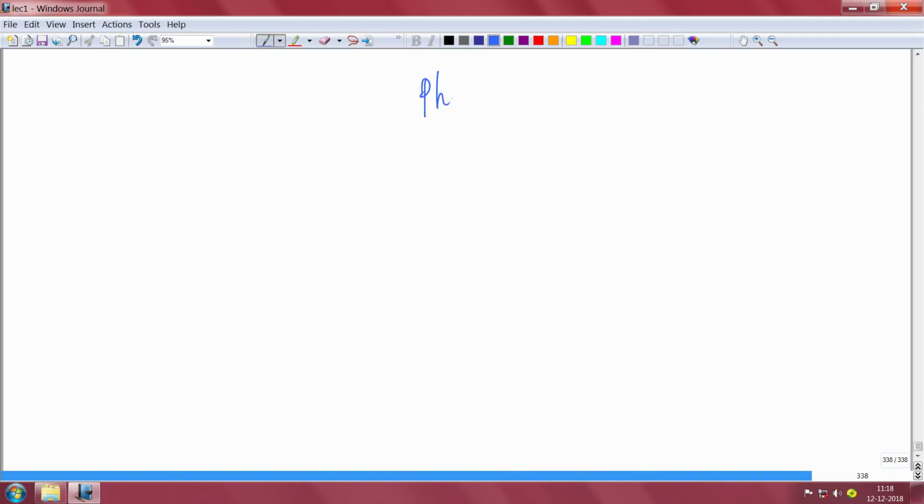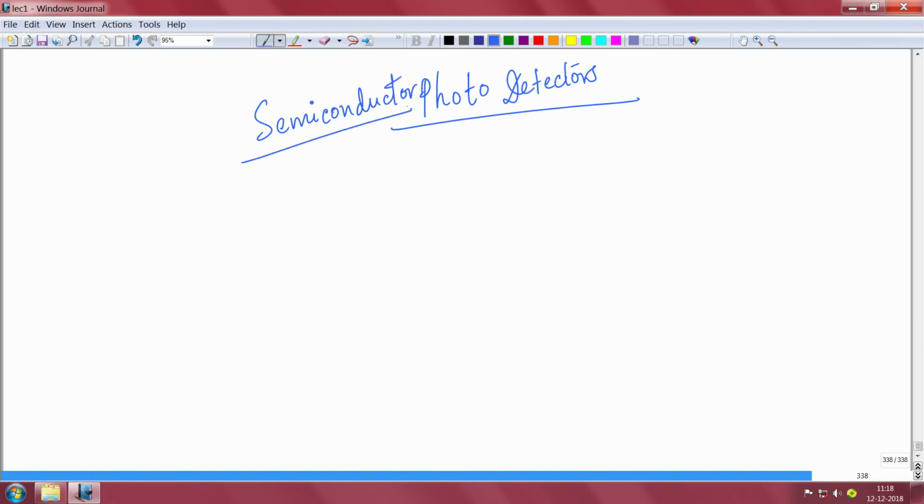In the next couple of lectures, we'll try to finish up photodetectors so that we can start LED. These are the optoelectronic part of the course under the syllabus. So we'll come to the whiteboard here, and we'll start with photodetectors or photosensors. We will only consider semiconductor photodetectors, which means there are other kinds of non-semiconductor based photodetectors also, but we will not discuss those. Non-semiconductor based photodetectors would include something like vacuum tubes or photomultiplier tubes. We don't want to discuss that. We will only discuss semiconductor photodetectors.